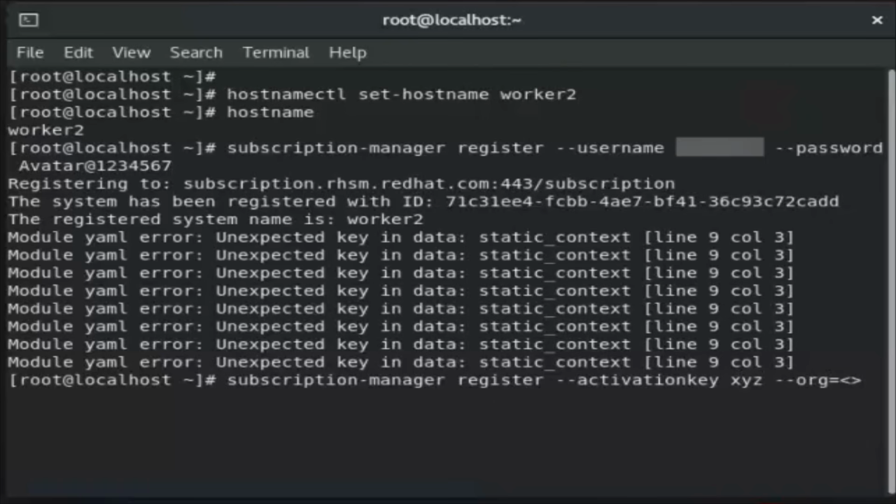Right? So these are the two different mechanisms that you can use to register your Red Hat Enterprise Linux: with your login credentials, or with the subscription key or the activation key that you have, which you can use to